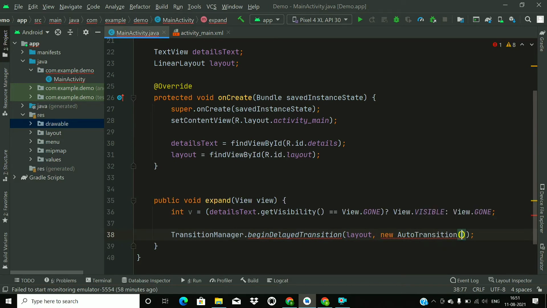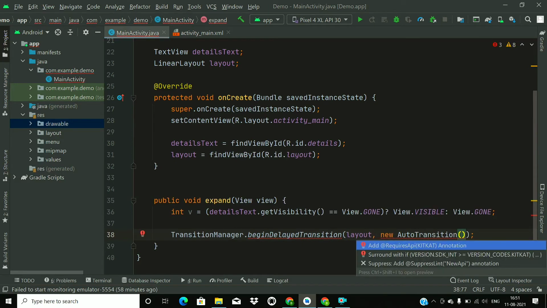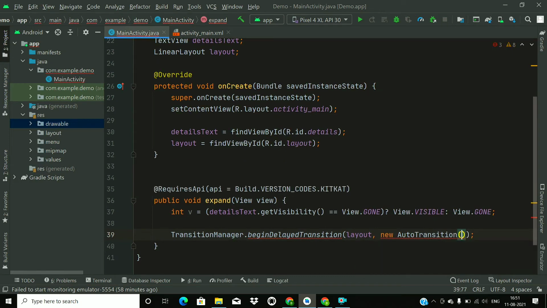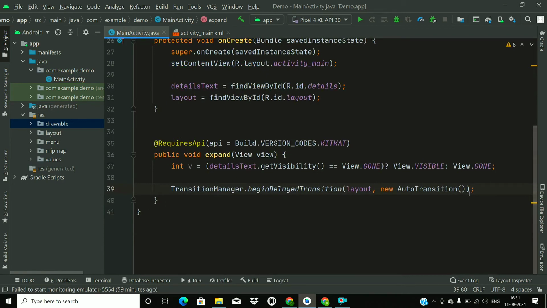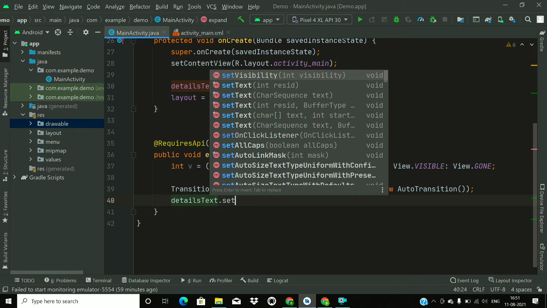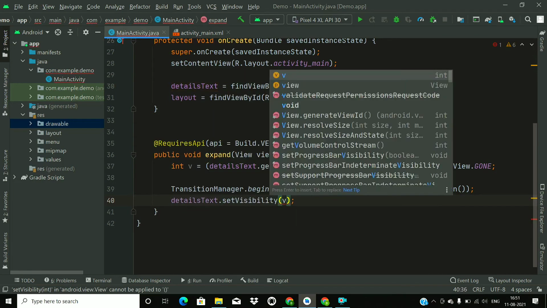This error is because of the version. Just press alt enter and create an annotation. Now we just change the visibility to v. So detailedText.setVisibility and pass visibility as v here.